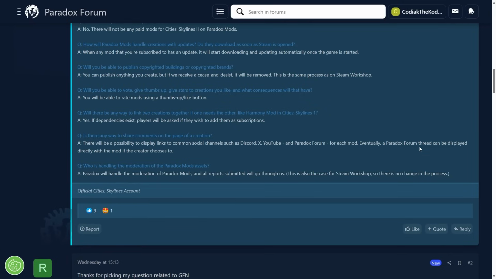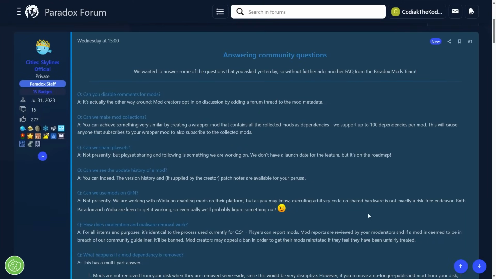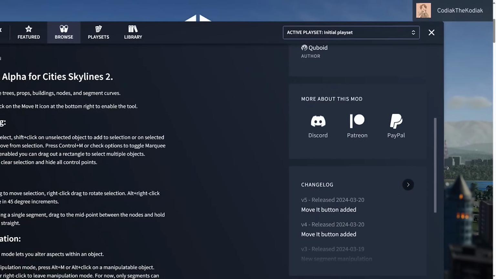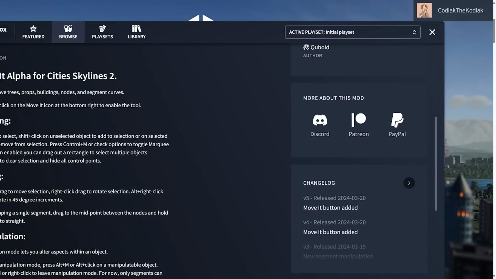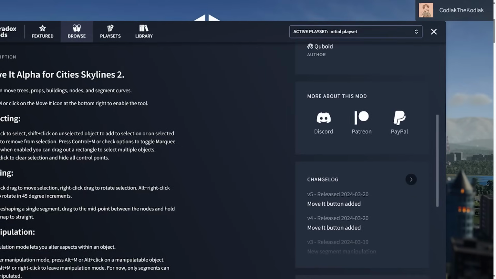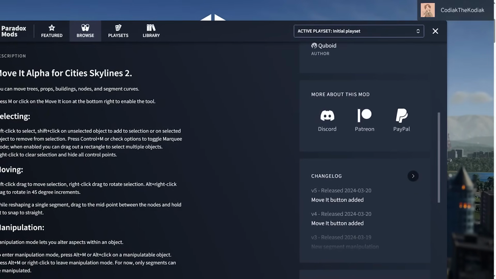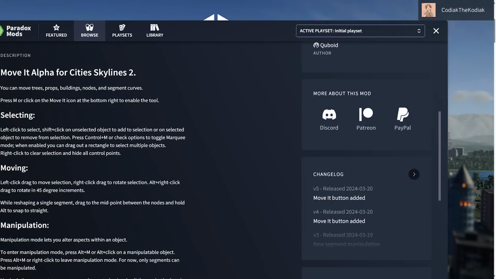One final note that isn't brought up in here, but I just want to remind you guys, is that modders do work for free. They are freely providing their services for us, and I will show on screen right now that Paradox has actually allowed direct links to modders' Patreons as well as their PayPals, and they're not skimming anything off of this. These are direct links. So modders and asset creators can actually just receive direct donations from you, the users.